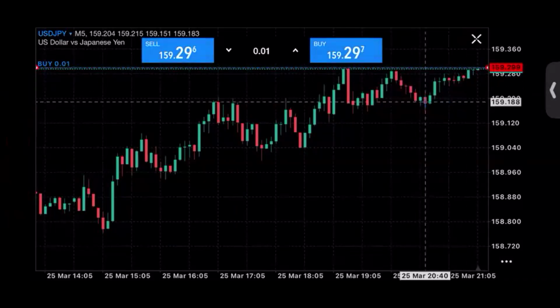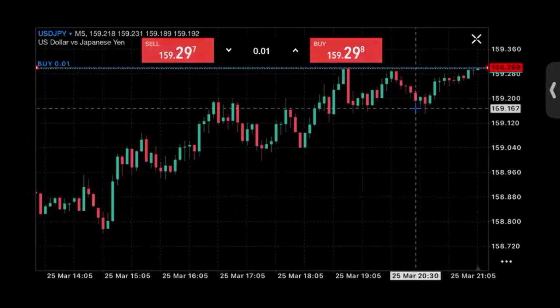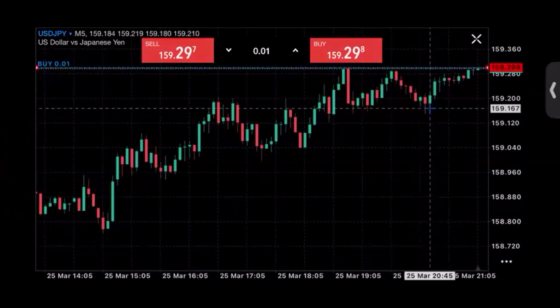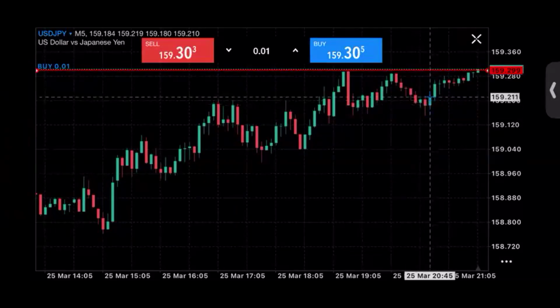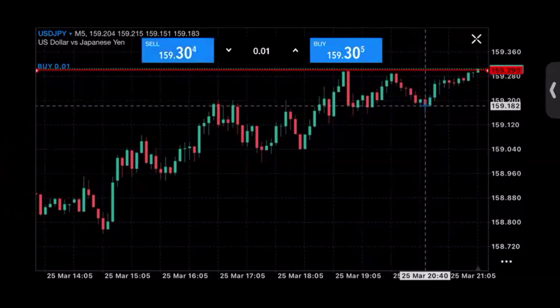This is the major low. This is the main low. It is when price takes out this low that we have a problem. This is the main low. Price has triggered right now, guys. So this is the main low for that trade. This is at 159.182. That's going to be my stop loss.